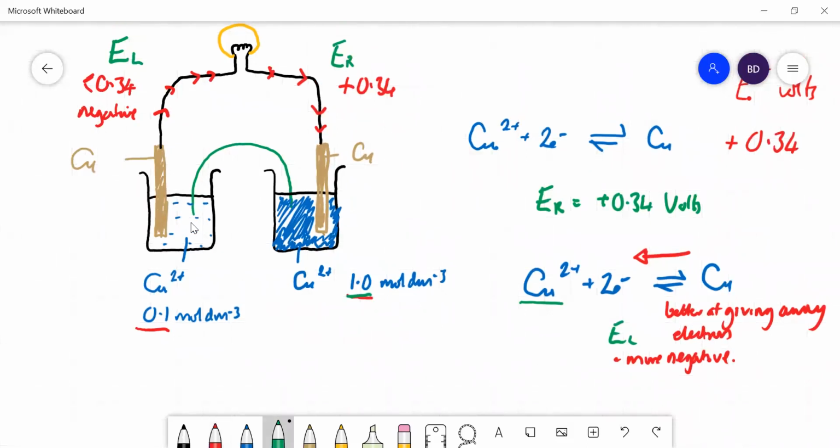What's going to happen to the copper ion concentration on this side? That's going to go up as the electrons are leaving the copper atoms, turning into copper ions, and the copper concentration on this side is going to go down. And of course, what will happen in the end is that you'll have equal copper concentrations on both sides,